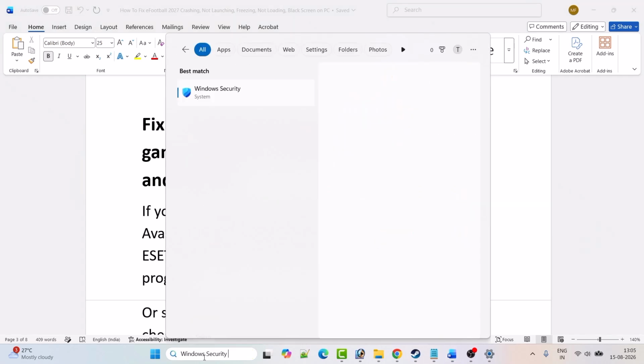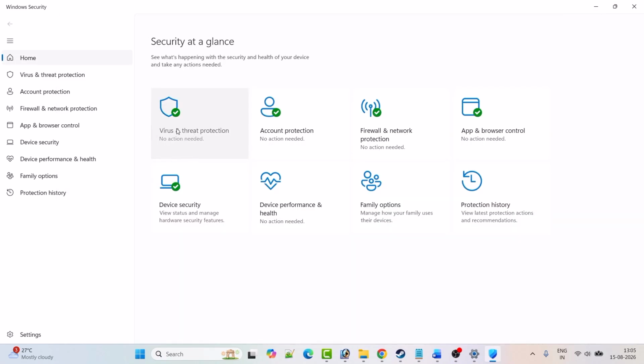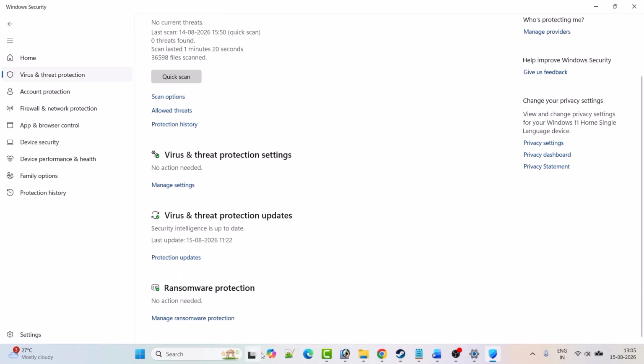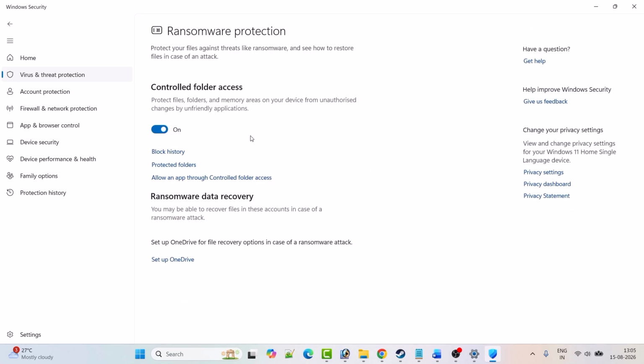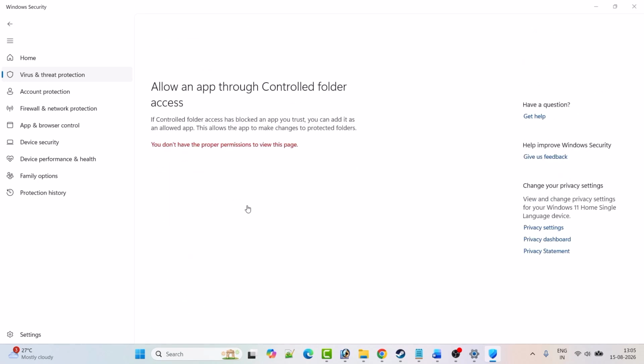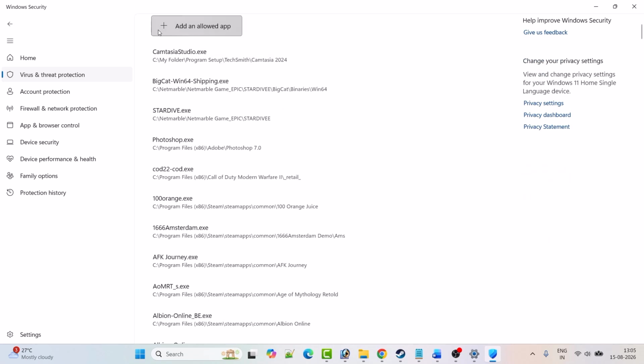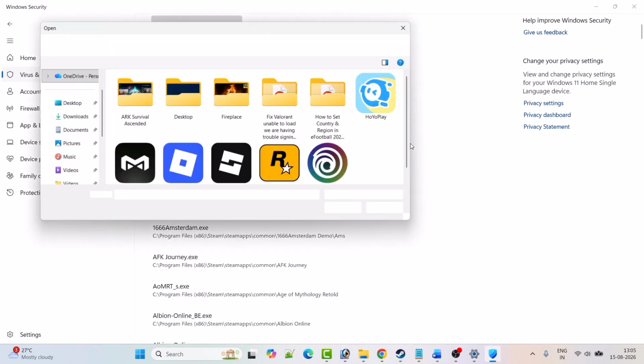So in Windows search, type Windows Security and open Windows Security. Click on virus and threat protection. Scroll down, click on manage ransomware protection. Click on allow an app through controlled folder access. Click yes to allow, and then click on add an allowed app, browse all apps, and then browse to the